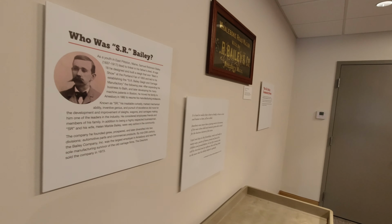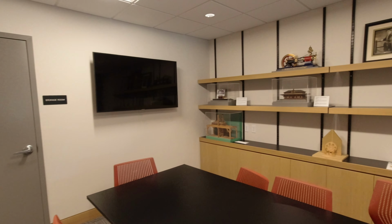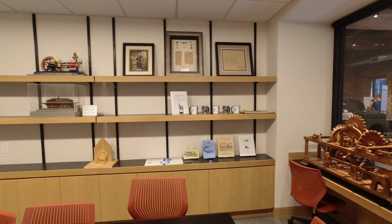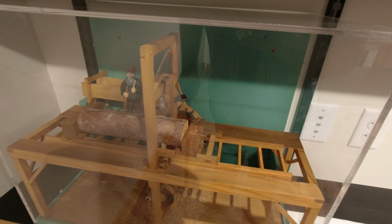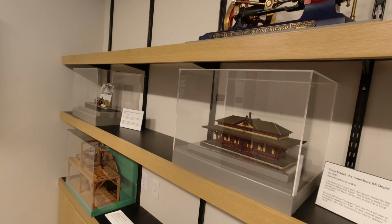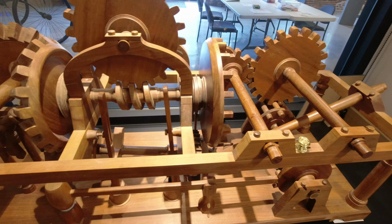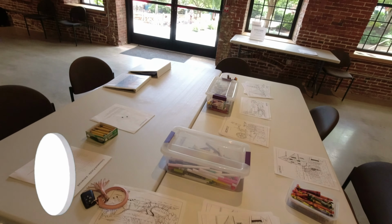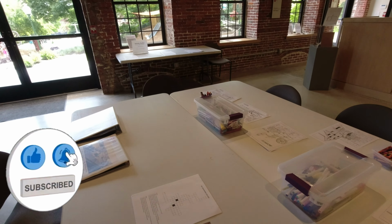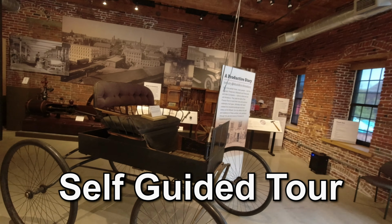Now in here you do learn about S.R. Bailey, as well as some really neat models. A scale of a water-powered sawmill, steam-powered engine, and so much more. There's usually some sort of activity for the little kids, as well as a lot of great history